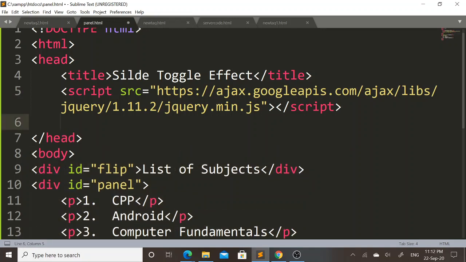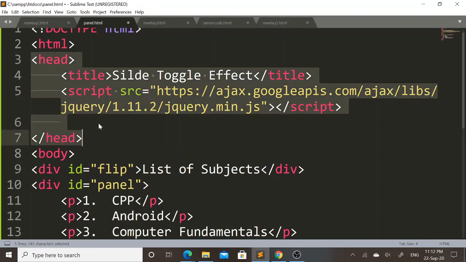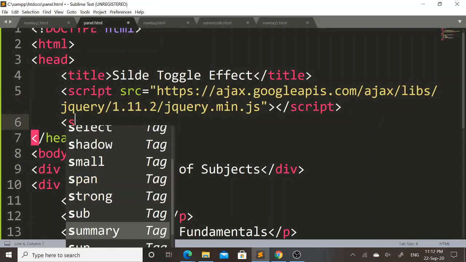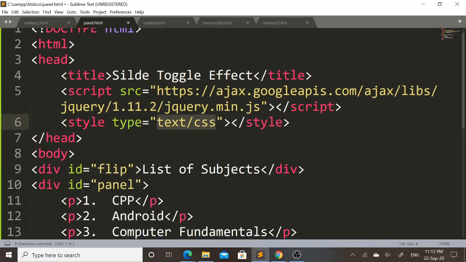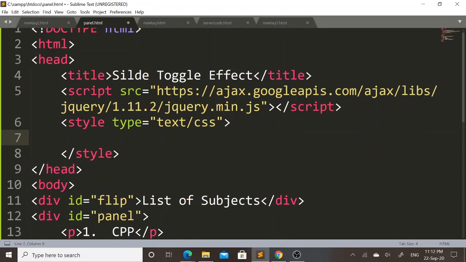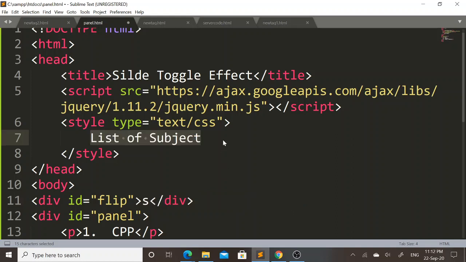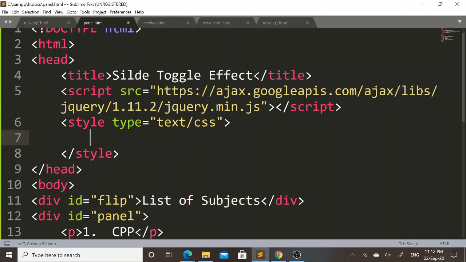Here I will apply internal CSS property, and for that purpose again within this head tag after script tag I will include style tag. So to apply CSS properties on list of subjects I will include here #flip.